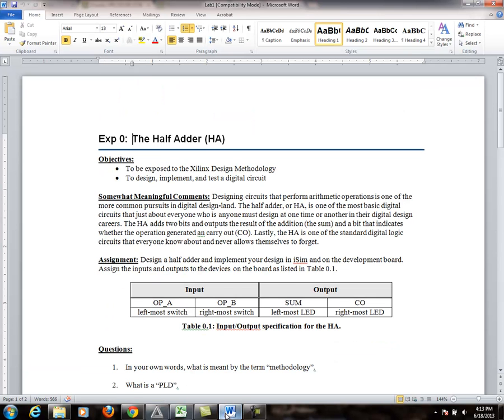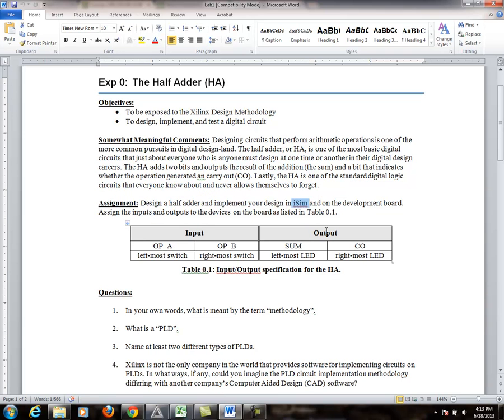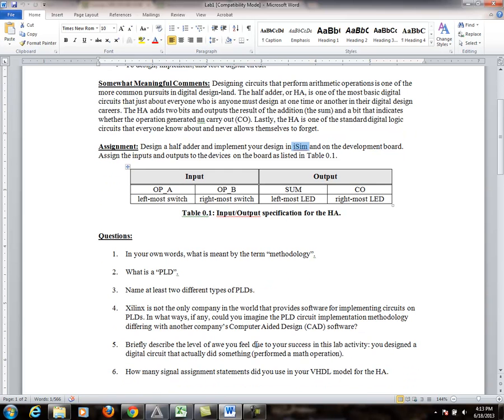Okay, so let's look at Lab 1. So what you're going to be doing is you're going to be creating this half adder. You're going to be mapping the inputs and outputs according to this table to match the inputs and outputs on your board. So you're going to use the switches for your inputs and the LEDs for your outputs. You're also going to be using iSim, which is talked about in the Intro to Using the Tools video. This is going to allow you to simulate your design in a software environment. And then you're going to go ahead and test your design on your board and answer these questions in your